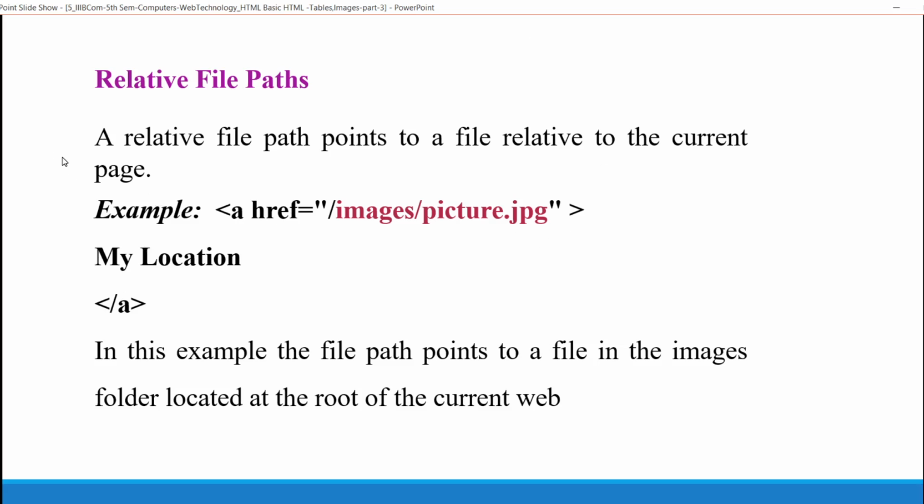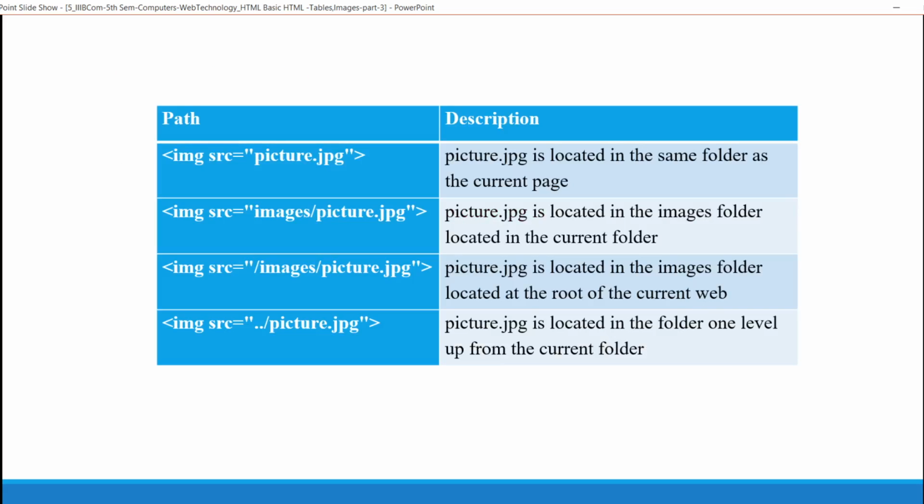A relative path points to a file related to the current page. a href equals to /images/pictures.jpg. In this example, the file path points to a file in the images folder located at the root of the current web. These are the different paths.